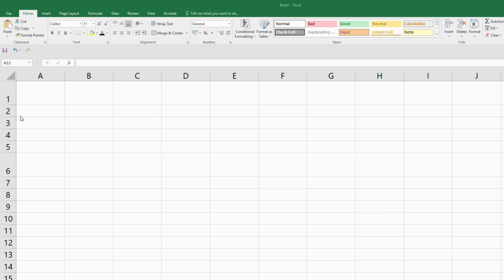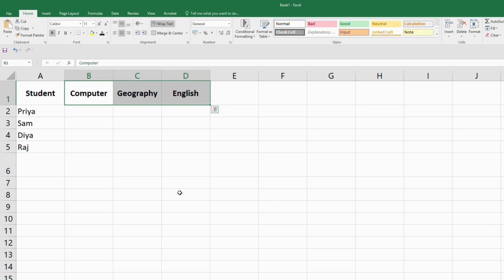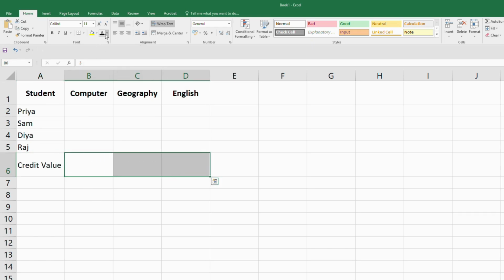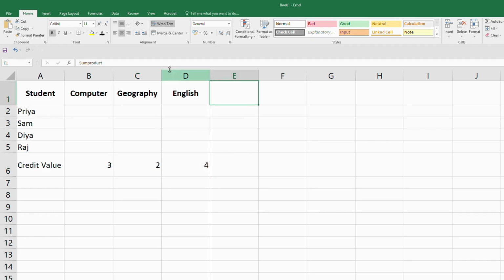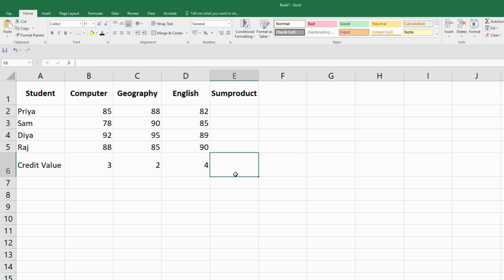We have 4 students: Priya, Sam, Dia, Raj, and their marks in 3 subjects: computer, geography, and English. Along with these, each subject has a fixed credit value. Computer has 3 credits, geography has 2 credits, and English has 4 credits. To calculate the SUMPRODUCT for a student like Priya, Excel multiplies her computer marks with 3, geography marks with 2, and English marks with 4. Once these 3 multiplications are done, Excel adds the results together and that final value is the SUMPRODUCT score